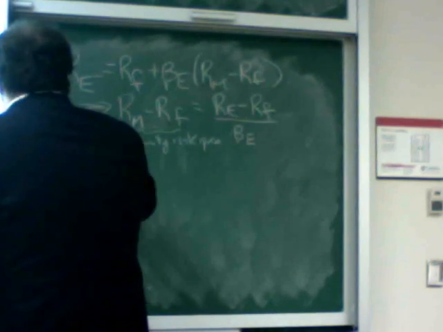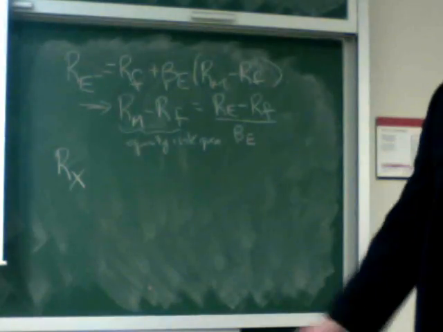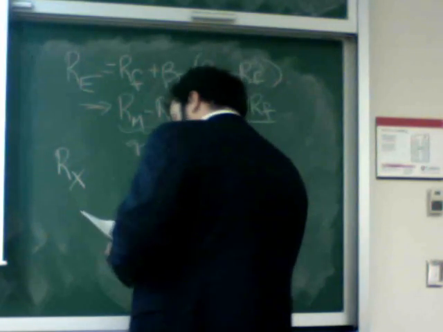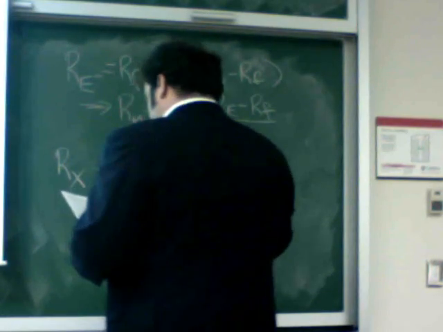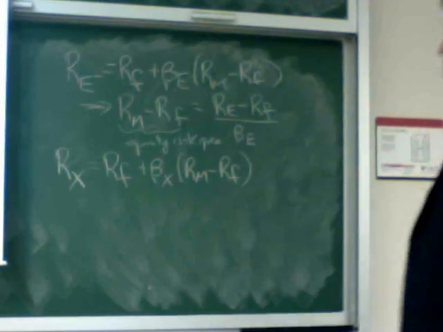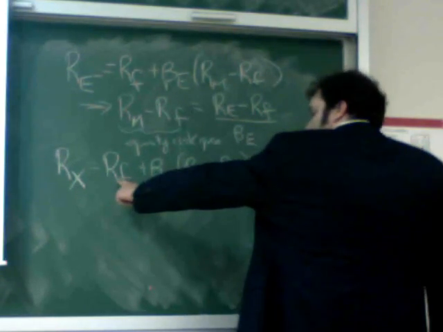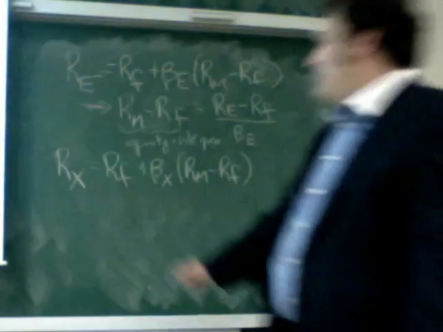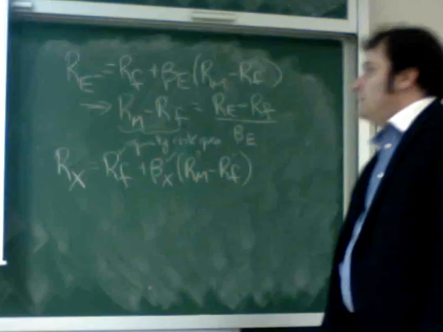Now, for the division I just called it X. I don't want to use RD because then you might confuse it with the cost of debt. I just use RX for the cost of capital for that division. So before, this is basically the CAPM if you write it for that division. The cost of equity for that division is the risk-free rate plus beta of that division times the equity risk premium. But up there, you're given the risk-free rate, you're given the beta of the division, but you don't know what this is. So what you do is you use